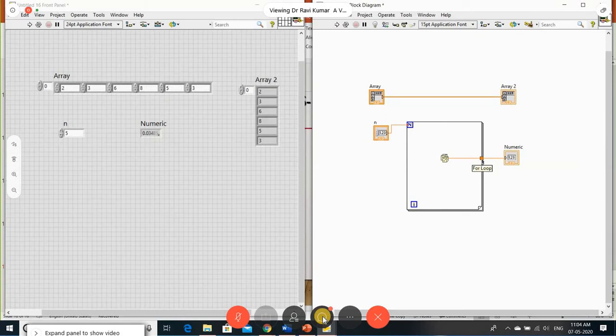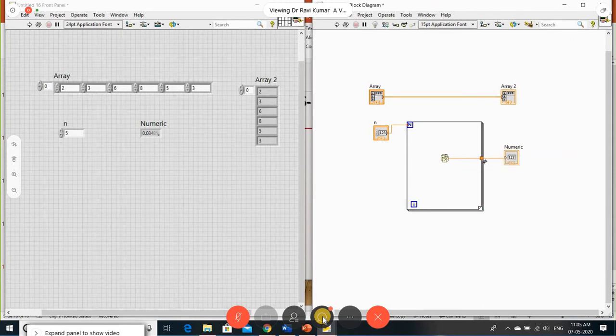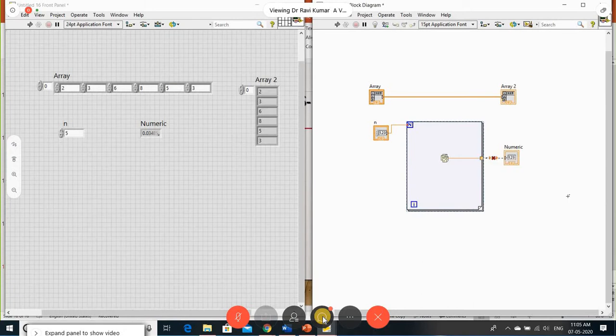Go to your cursor onto this, right click on the tunnel, so I can change the tunnel mode. Here I have taken the last value. If I take indexing, automatically this is generated as an array.